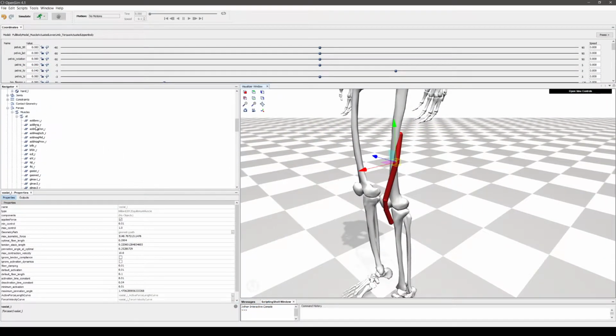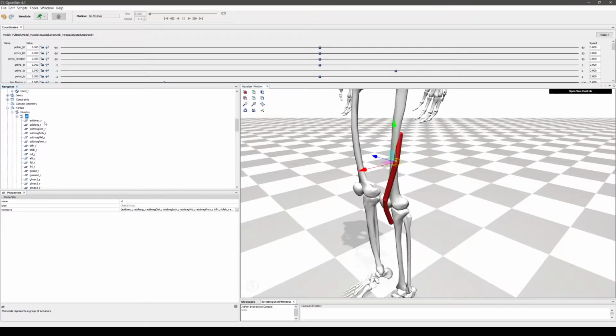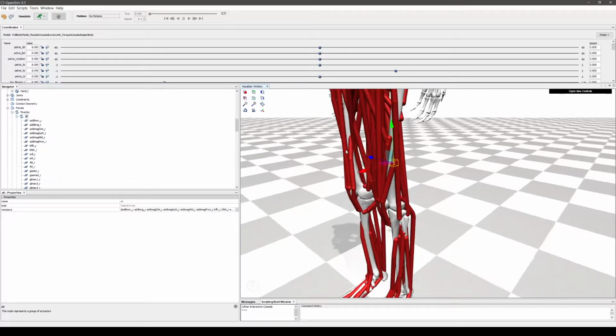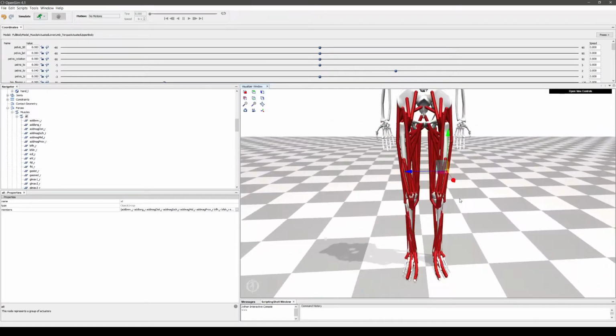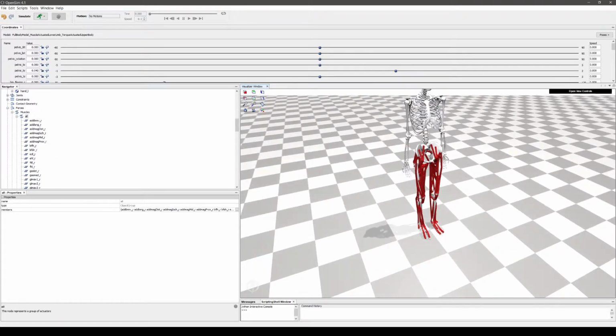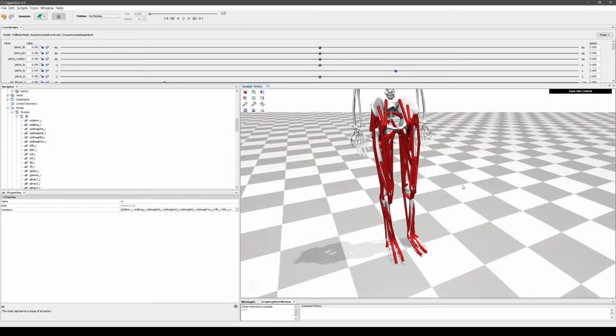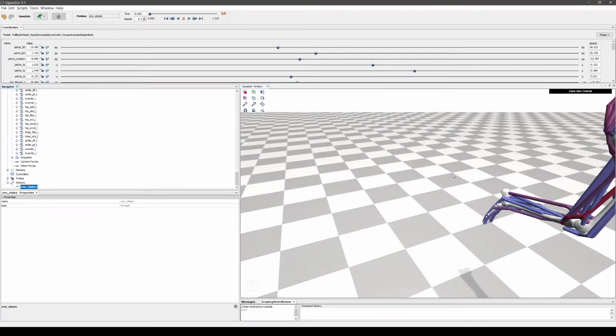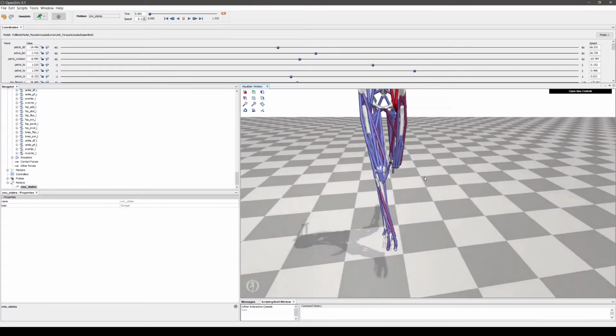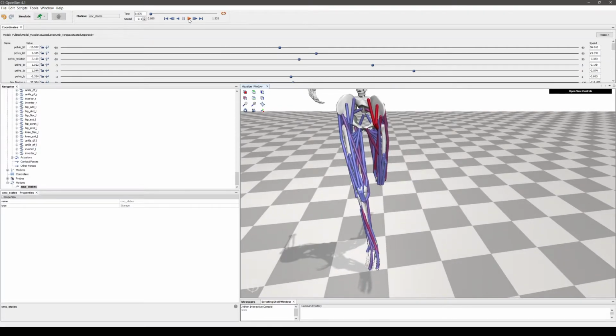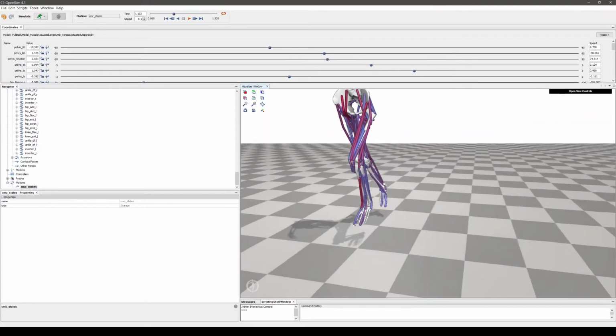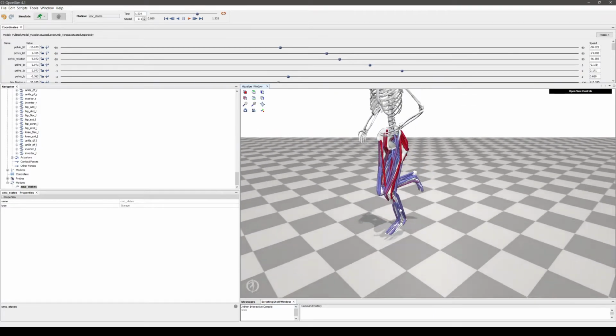And of course, with the power of modern computing, you can just stack all of these together and have a model of all of the major, in this case, all the major muscles of the lower body. So you can start to understand how each of these muscles and how their specific properties contribute to something like walking or running, and even start asking questions about how much muscle force is necessary to run at a certain